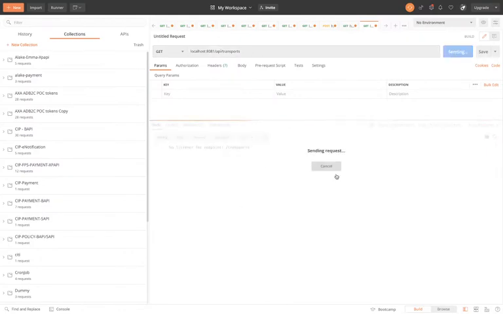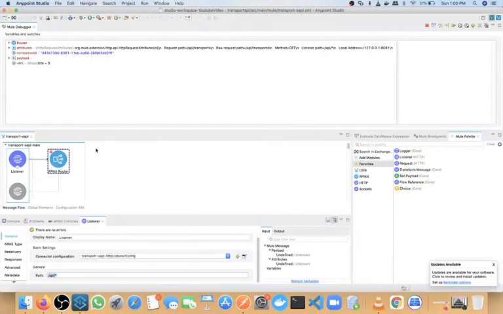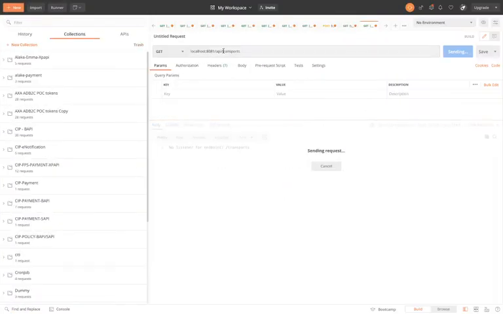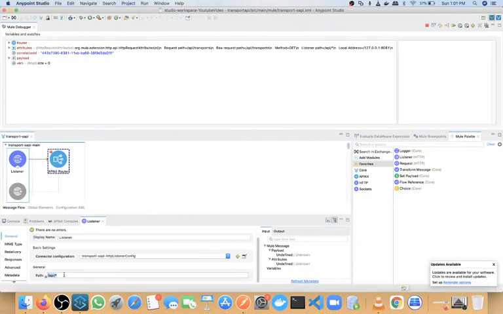Okay, so now you can see we are not getting a response, which means we are at this breakpoint. You have to remember this: whenever you create this API using a RAML file, by default in the path it will add slash API slash star. So before transport you need to give this API, or if you want you can remove this, it will not create any kind of problem. Okay, now we are at this point.